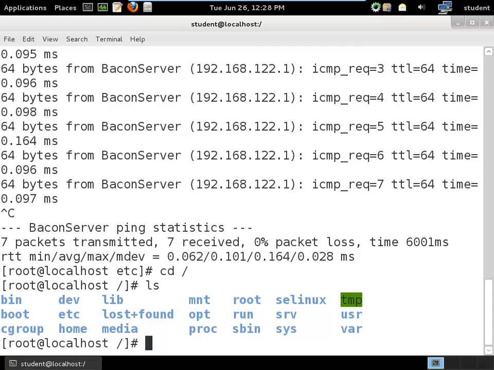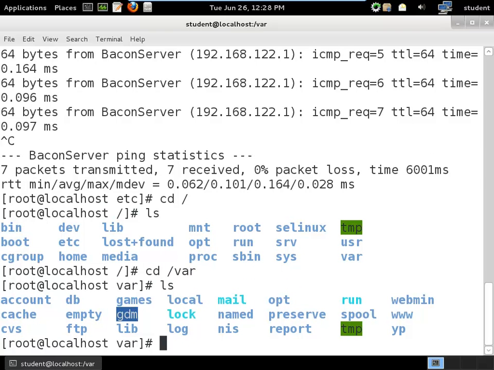You could put it in var if you wanted to. I mean, if I want to, let's do that, because that's where a lot of the servers are, and so it might make you guys feel more comfortable if I put it in var. So cd in the var, and here's where our servers are stored typically. Okay, and I can create a new directory,